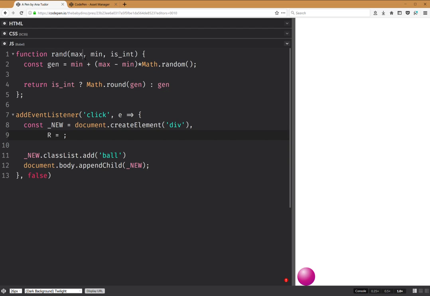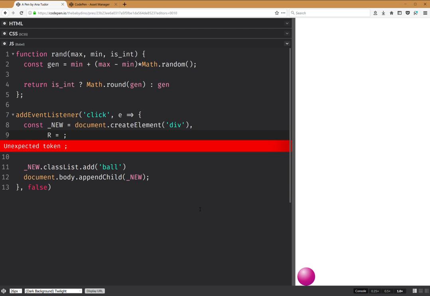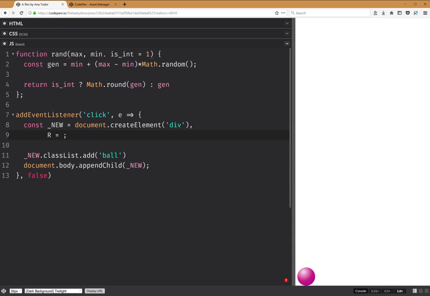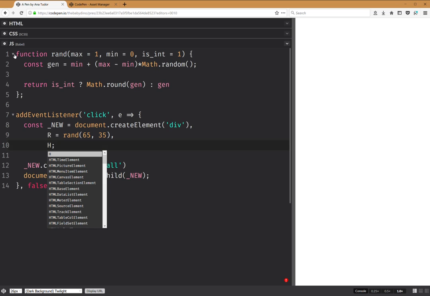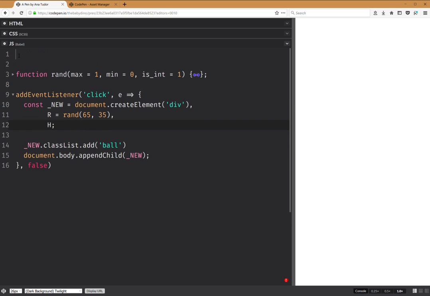So I'm going to have some defaults here. Okay, so this is going to be 1 by default, this is going to be 0 by default, and the maximum is going to be 1 by default. Okay, so here I'm going to have random 65, 35 the minimum. Then for the height, I'm going to do something else. Let's collapse this, and before it I'm going to have a root. So this is the root element,